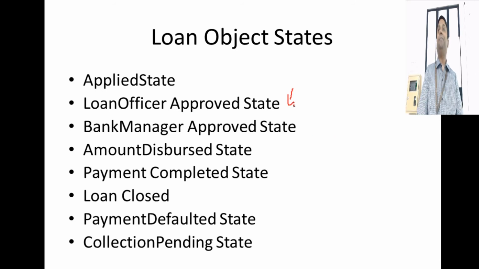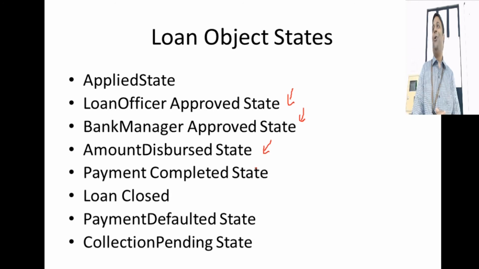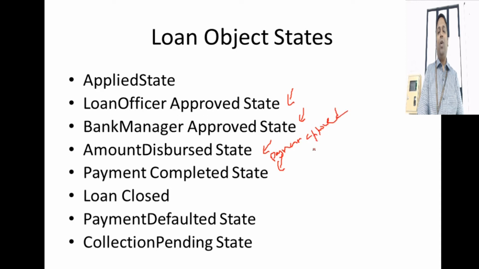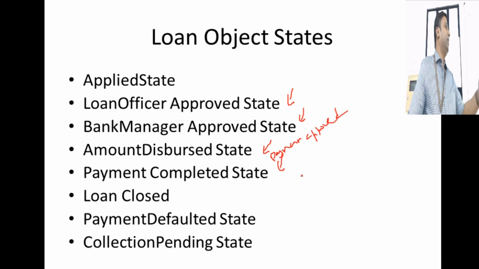This is the first approval. From there, the bank manager will approve. That will be the next approval. Once the bank manager approves, we say the loan is approved, and it can go to the amount disbursed state. Maybe the amount got credited to the account of the user who asked for the loan. I have another state here too, the payment approved state. Once the person gets the loan, we are approving his payment, that he can pay in these many months or something. So his installment payments get approved.